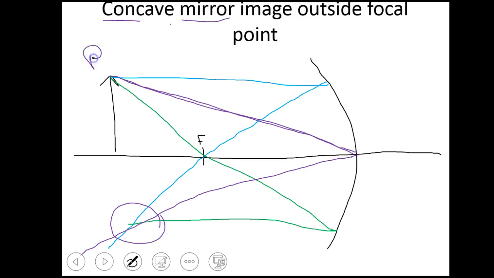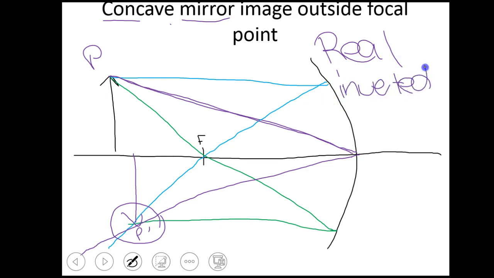If this was point P, then this is P prime, which means that this image is actually upside down, and it is a real image because these rays actually converge here, and so this will be real and inverted